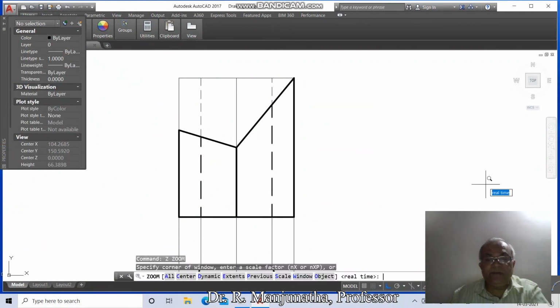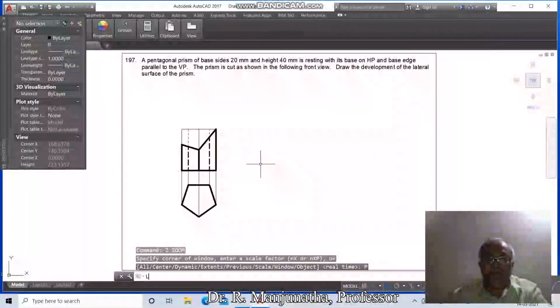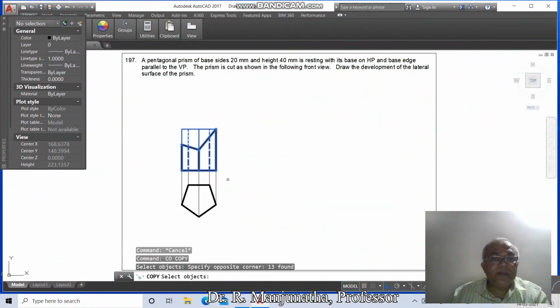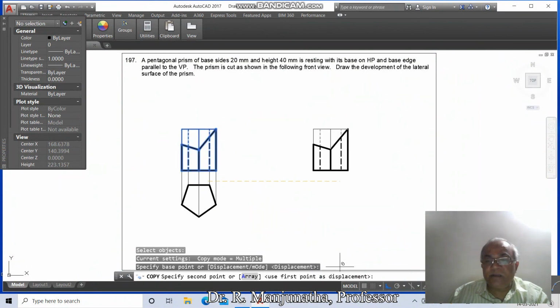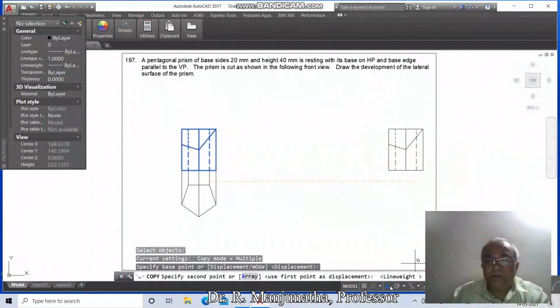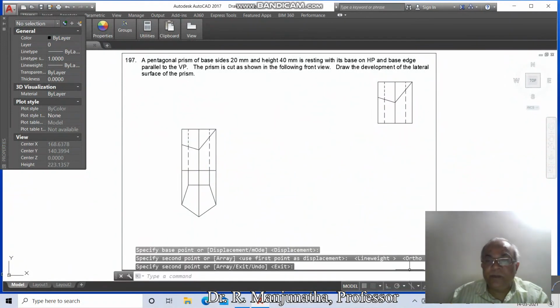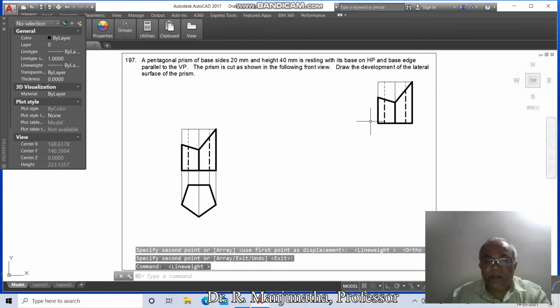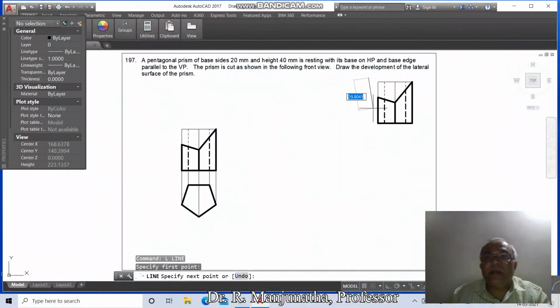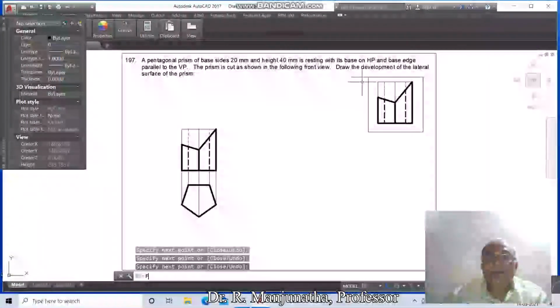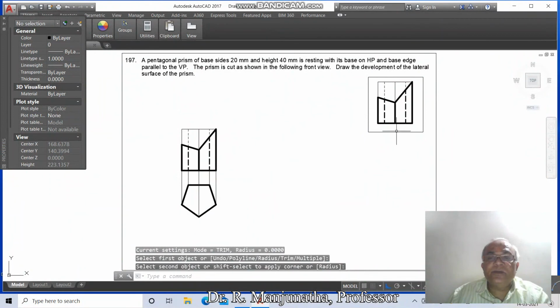Then go to zoom areas, then go to line. Now copy this and copy this, take this and switch off the ortho mode, take it here, then switch on the ortho mode, then go to line command and draw. With ortho mode on, take this and keep it here, then go to fillet between these two. So this is how you will be able to get this.